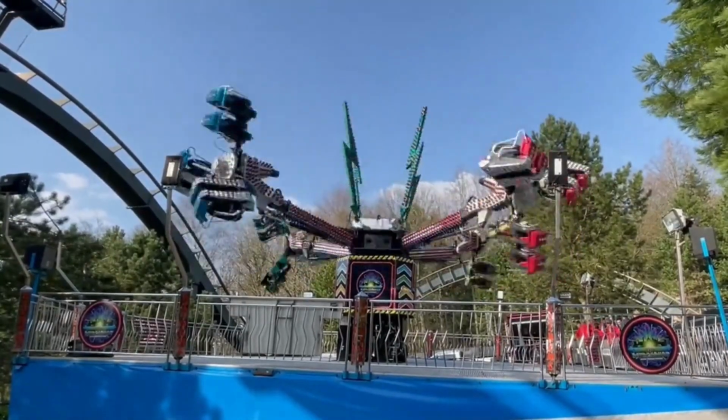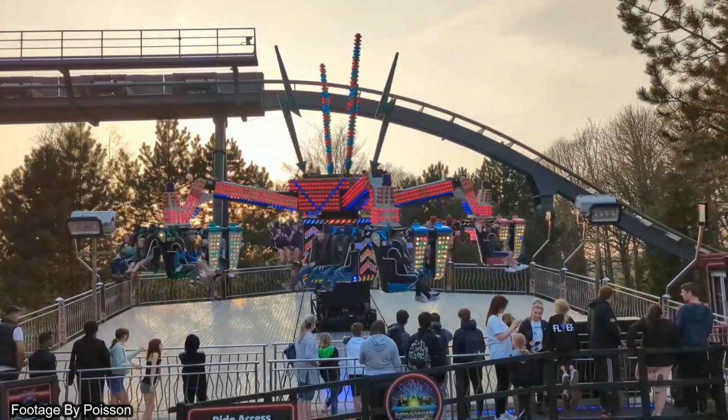Unlike the other Retro Squad rides in the park, this one actually plays funfair jingles. For example,